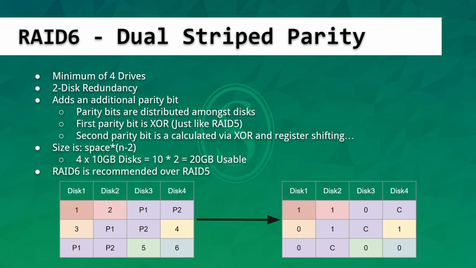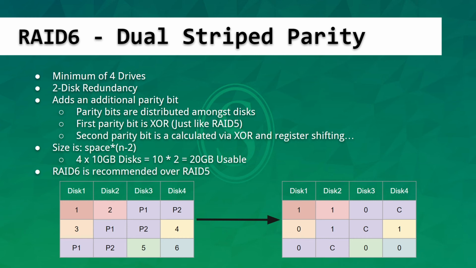It's a little more complicated, and if you lose both original disks, you should be able to recalculate those disks' information with the parity bits. So if you only had parity 1 and parity 2, you will be able to create